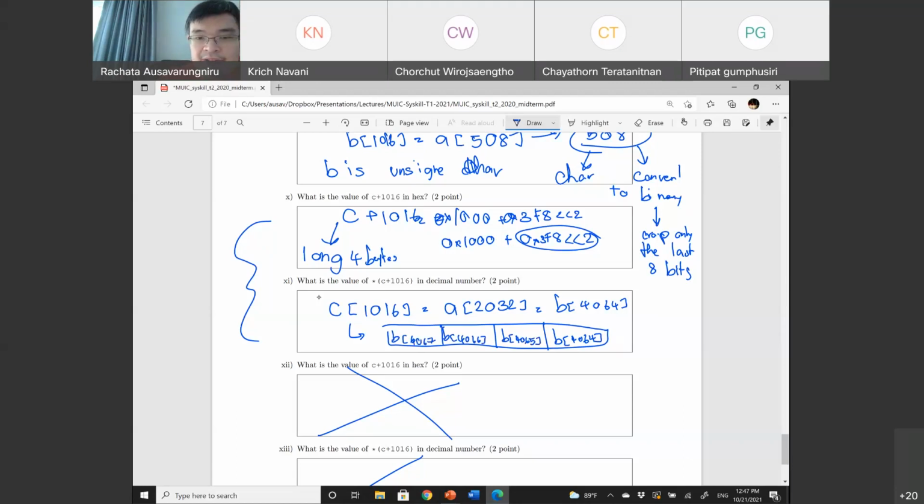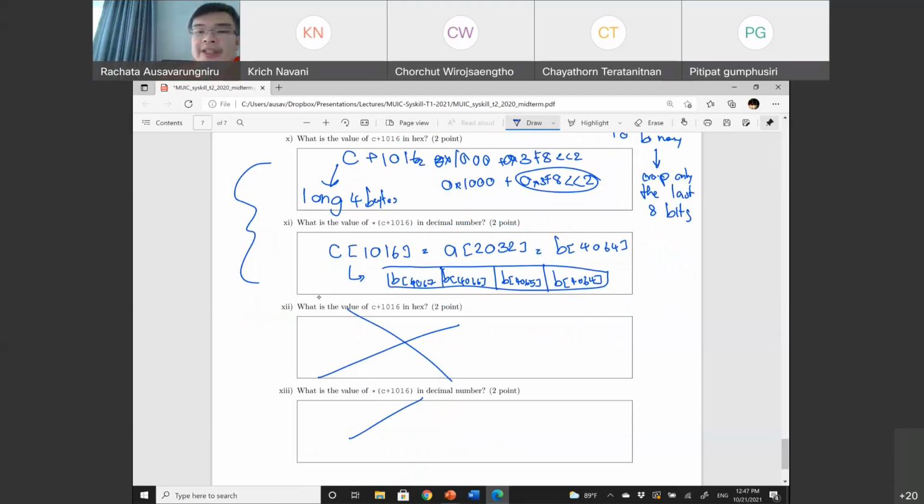4067, right? And then because you know the index already, this is basically 4064 modulo 256, 4065 modulo 256, the 4066 modulo 256, 4067 modulo 256.